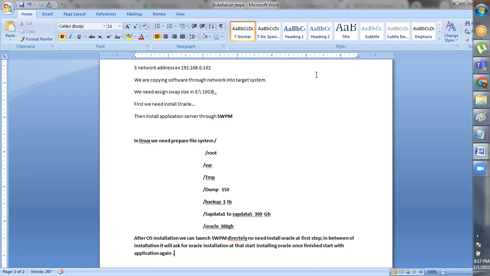SAP HANA also has cloud computing, but it is known as HEC. HEC is the HANA Enterprise Cloud.